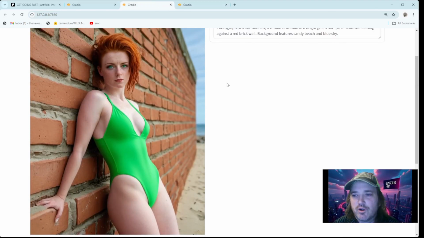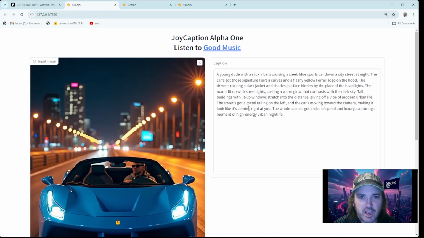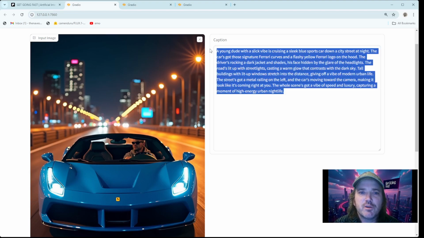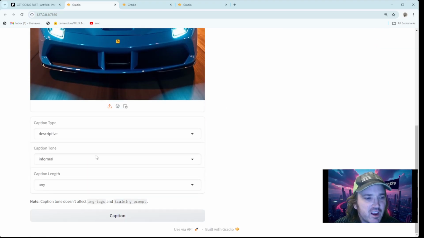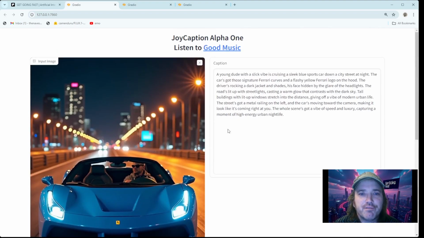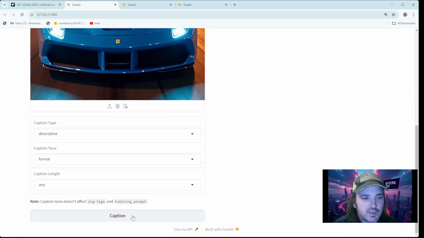Maybe over here you just want to make this chick, but you want to make her blonde. You don't really need it, so all you're going to do is change out, say, a blonde-haired woman, and it's going to figure it out because of the control net you're using. Okay? Again, you've got medium length. Maybe I'm selling this image on my website, and I need a descriptor to put in the summary box next to the price and all that. This is perfect size, and you can really nail down how long you want it, how informal you want it. Young dude. Let's go ahead and run this one as a formal one here,